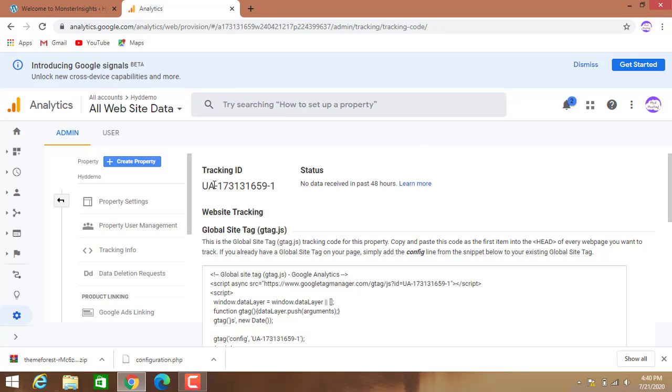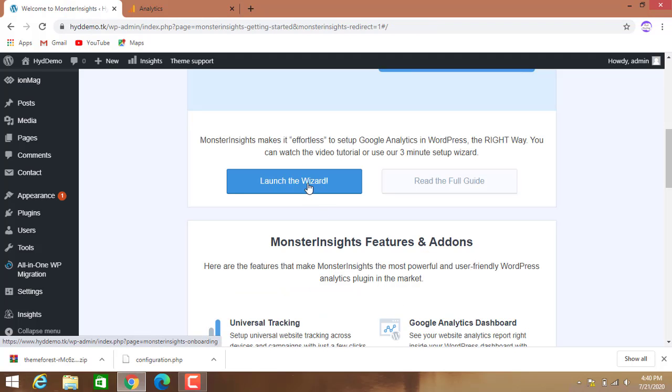Next, this is our tracking code. The same thing we need to paste in our theme panel, which we have seen in our last video. While we are customizing our theme, in the theme panel we have seen the area where we need to paste this tracking ID. But now we are going here, launch the wizard.